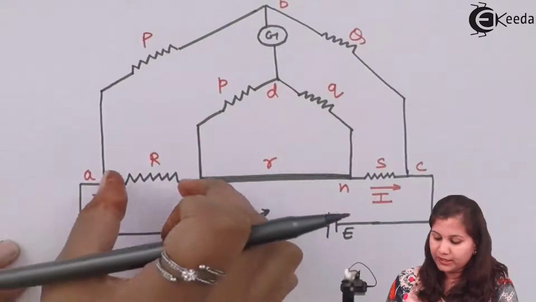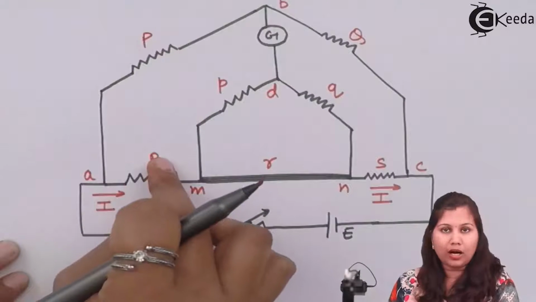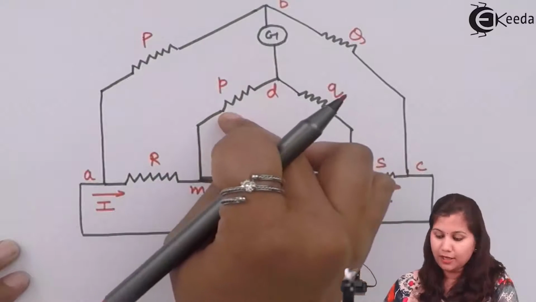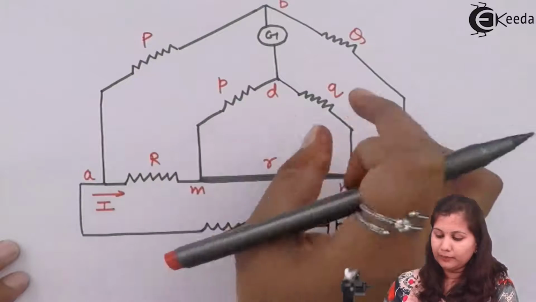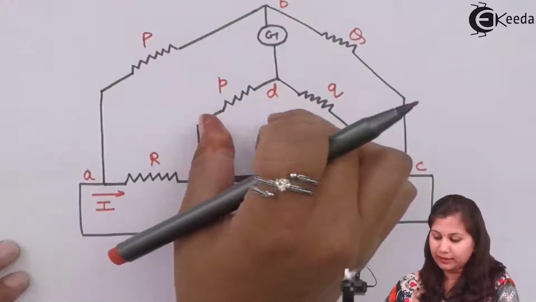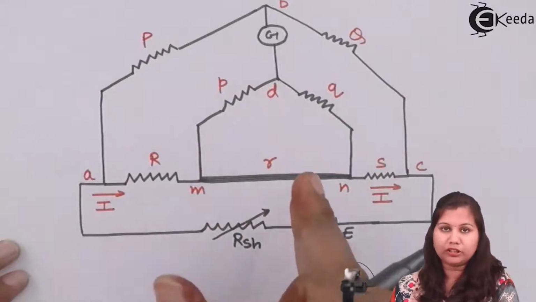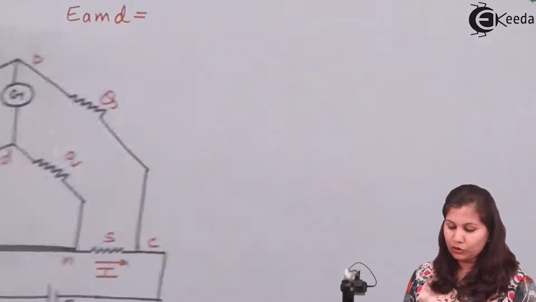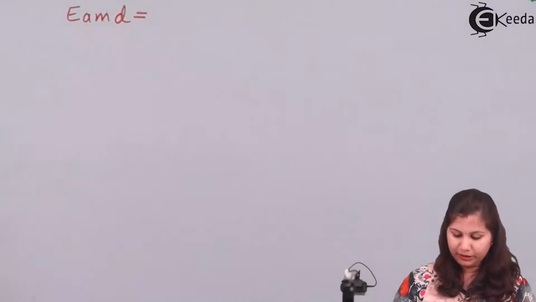Okay, so this is I into R. The same current is flowing through this resistance, so P upon P plus Q will be the resistance, and then multiplied with the equivalent resistance. Okay, so EAMD will be equal to